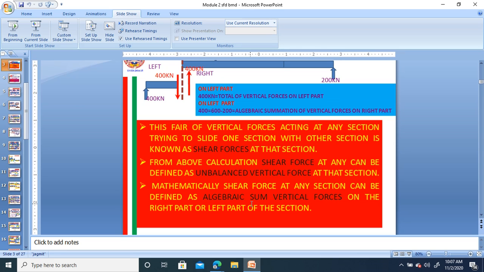Yes, see here, we have calculated the shear forces at one section. I got it as, on the left side say minus 400 and right side plus 400. If you are going for some other section,